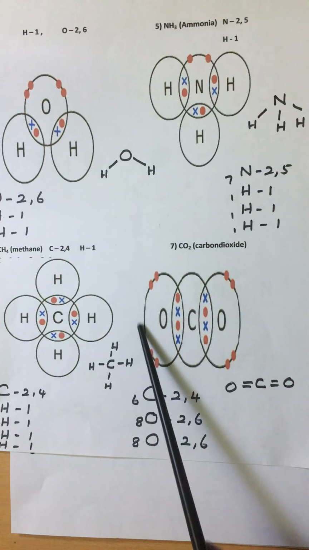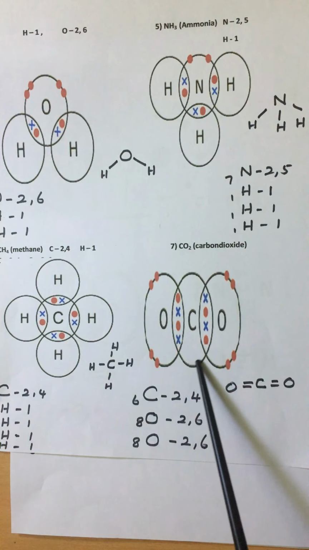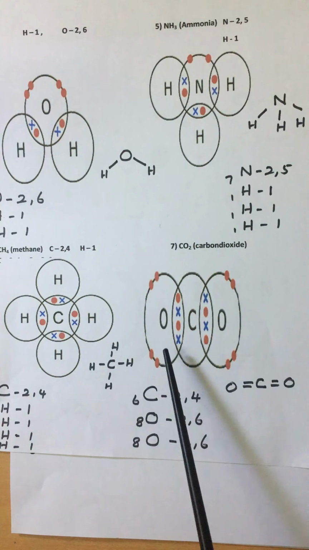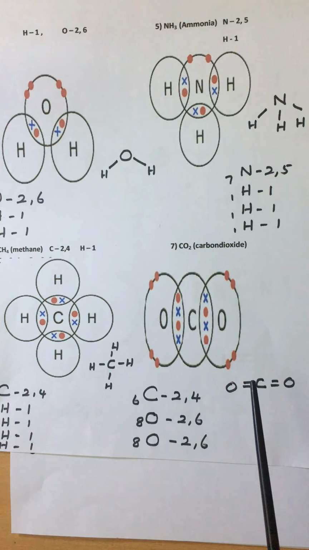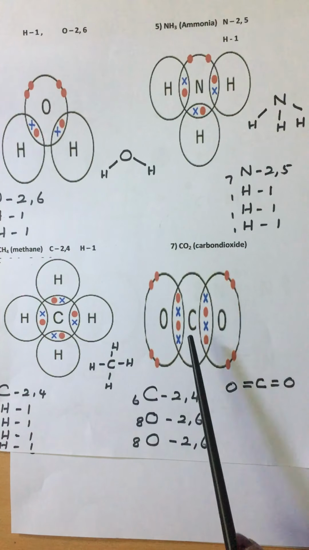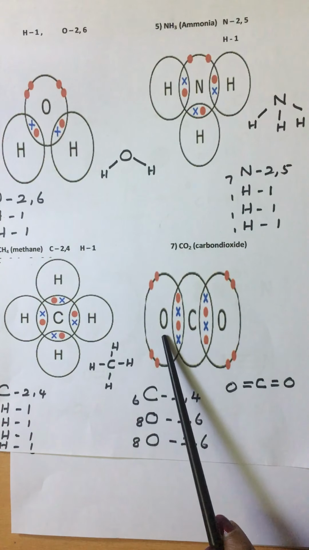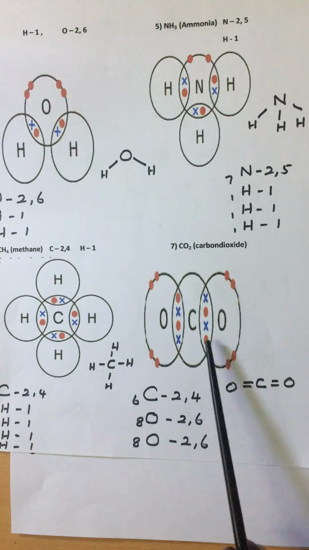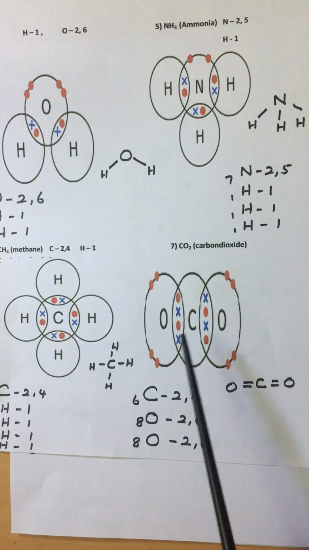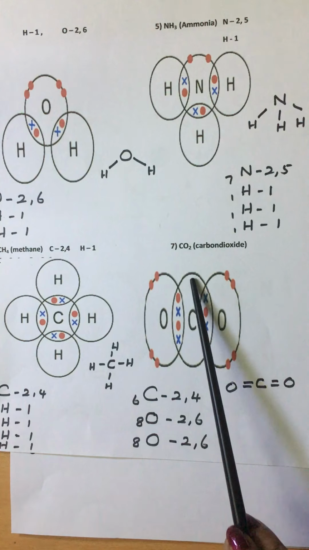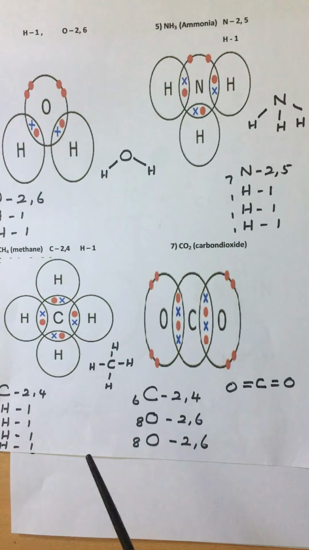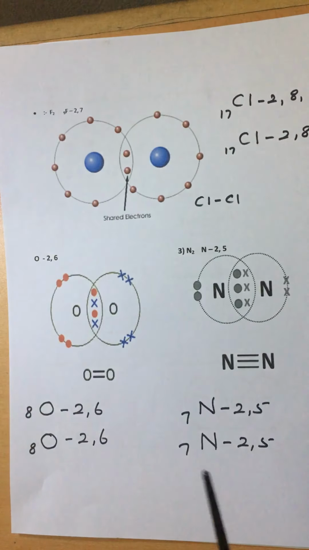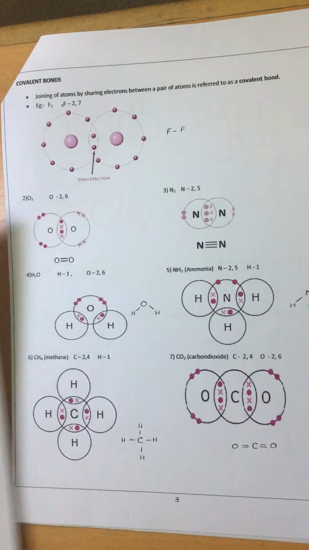So here when you take 8 electrons, here also 8, here also 8. All atoms are completed. The external orbit is completed. So when you write the structure, carbon 2 pairs with this oxygen, 2 lines, 2 pairs with this oxygen. So the carbon, all 4 electrons are making bond. Therefore, this is the straight molecule. So this is the way of explaining the covalent bond. So next one we are going to see